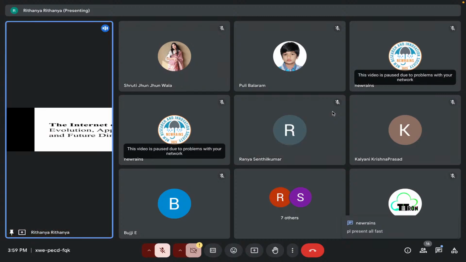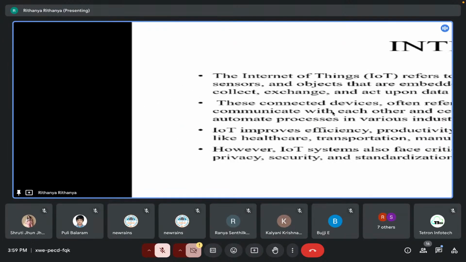The Internet of Things, IoT: evolution, application challenges, and future directions. Introduction. The Internet of Things refers to the growing network of devices, sensors, and objects that are embedded with computing capabilities to collect, exchange, and act upon data via the Internet. These connected devices, often referred to as smart devices, communicate with each other and a centralized system to optimize and automate processes in various industries. IoT improves efficiency, productivity, and convenience across sectors like healthcare, transportation, manufacturing, and agriculture. However, IoT systems also face critical challenges related to data privacy, security, and